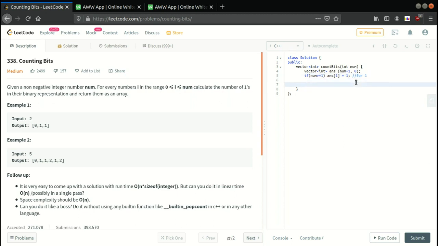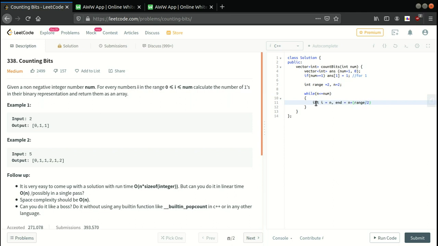Okay, now I'll have some integer range and initialize this to 2, and n equals to 2. Then while n is less than or equal to num, I'll have an int i equal to n plus range by 2.